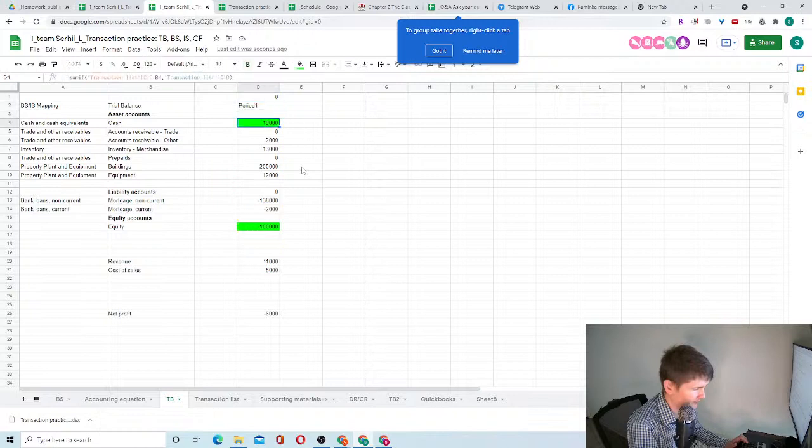So now, at this point of time, our trial balance balances. But what about equity? So that exercise is very important for the equity. When we go to the equity,